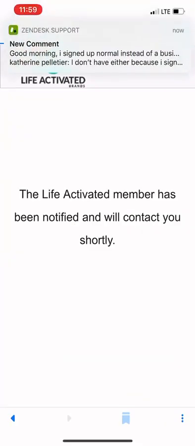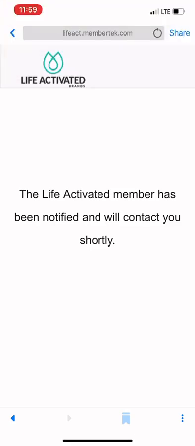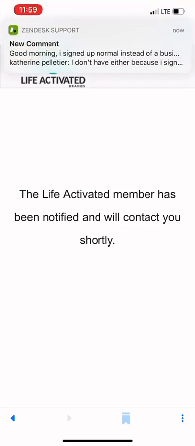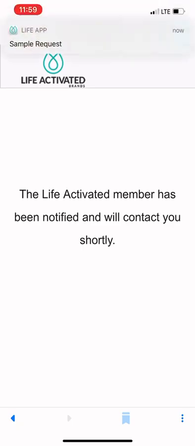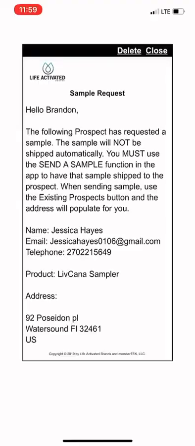So this is still on the prospect end. They get a notification that you have been notified. So at this point, you get a notification on your end that says sample request. So you click on that and you can see, this is of course Brandon's account here. It says, hello Brandon. And it says that Jessica Hayes, here's her email, here's her phone number, and there's her